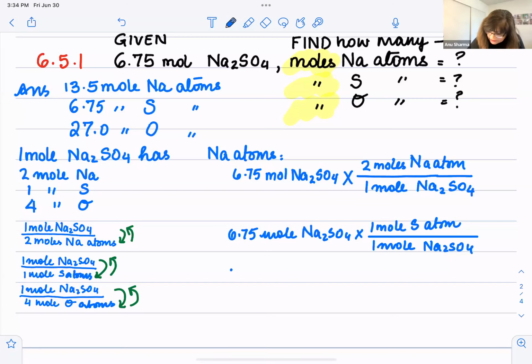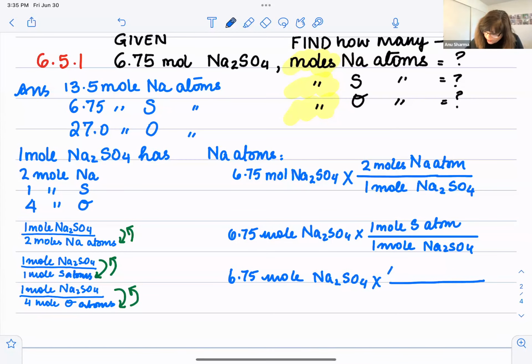Next is 6.75 moles of Na2SO4 times oxygens. So there are 4 moles of oxygen atoms over 1 mole of